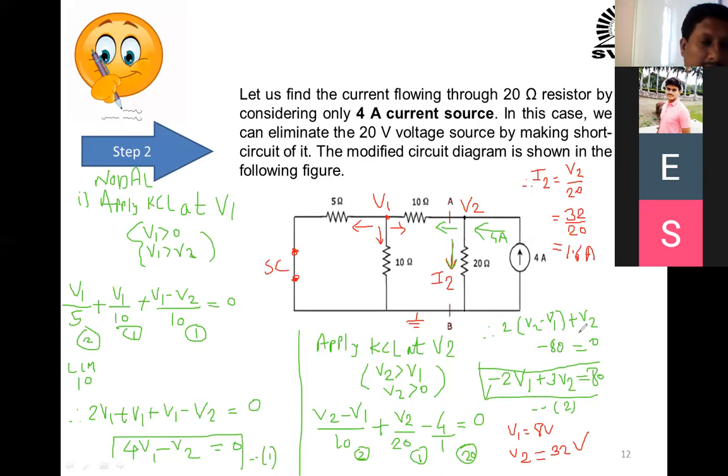Okay, 1.6 ampere. Now I1 we got 0.4 and I2 we got 1.6. So finally we have to add it. Up to this step, everyone understood? By using node analysis, you can get the answer of I2. So that will be the 1.6. Okay. So 1.6 and 0.4, you have to add it.